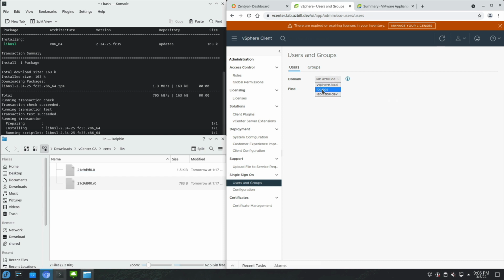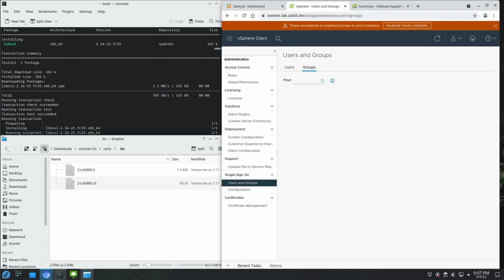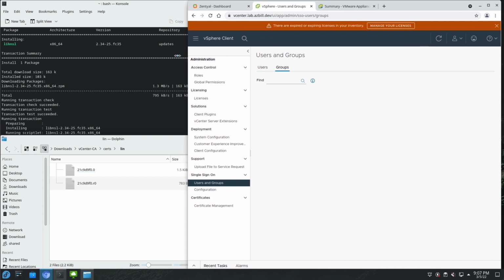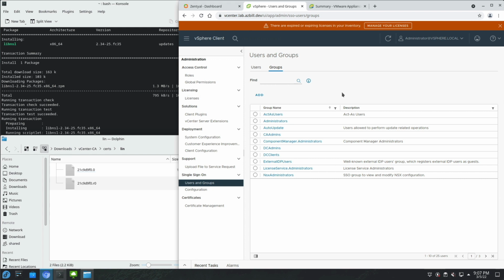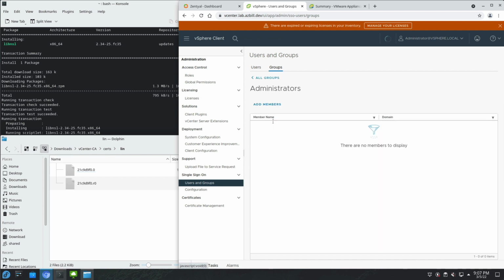And let's try changing over to local OS. Okay, that little progress circle was only showing halfway. Let's try groups. Look at that, it was cut off again. So this typically happens when the browser window is not sized big enough for the vSphere client. So let's try adjusting our width a little bit and see if that helps. Hey, look at that. Okay, so what we want to do here is go to the local administrators and add members.